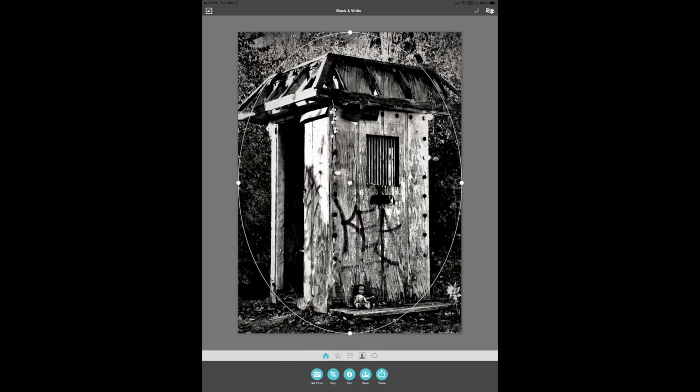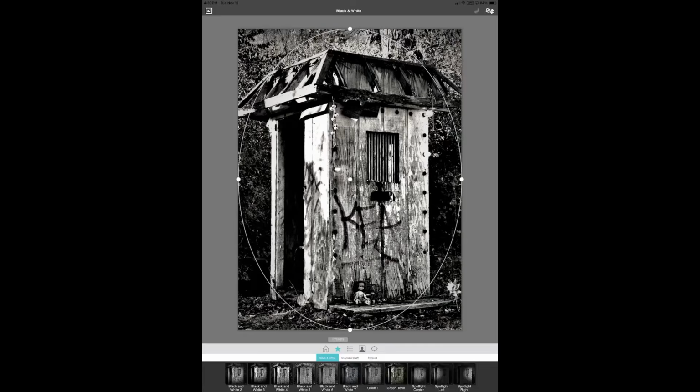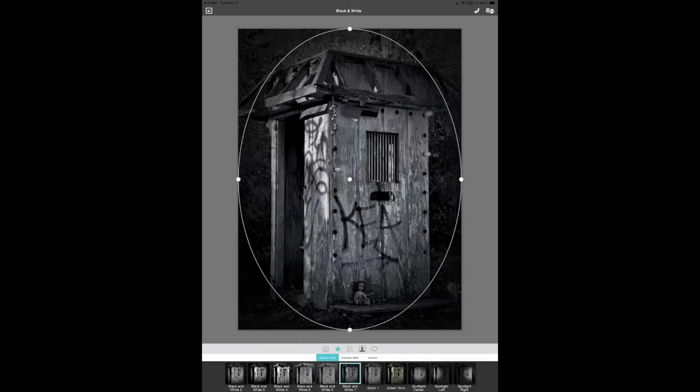We're going to go into the next one, the star, and that's going to show you all the presets. So this one has 3 different categories. It has black and white, dramatic black and white, which is more high contrast, and then a faux infrared. So I'm going to, in this black and white category, I chose number 7 because I'm going for some moodiness